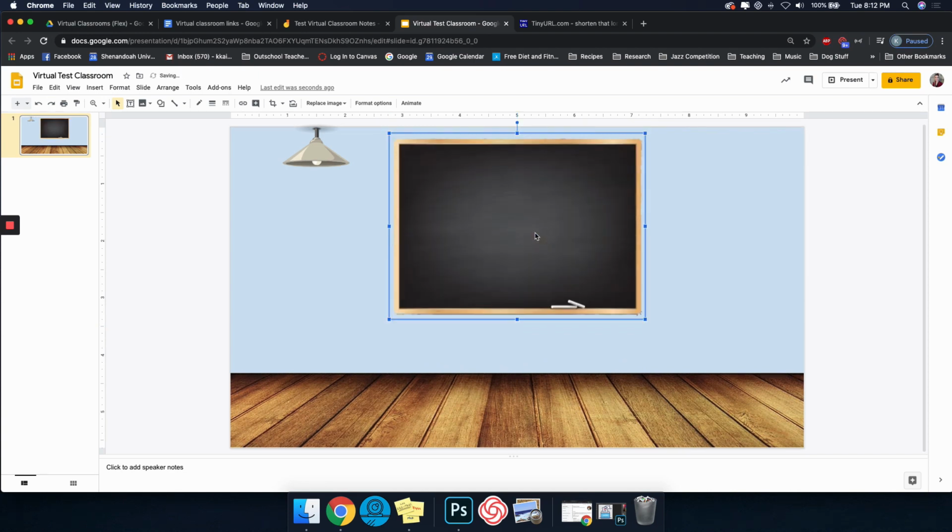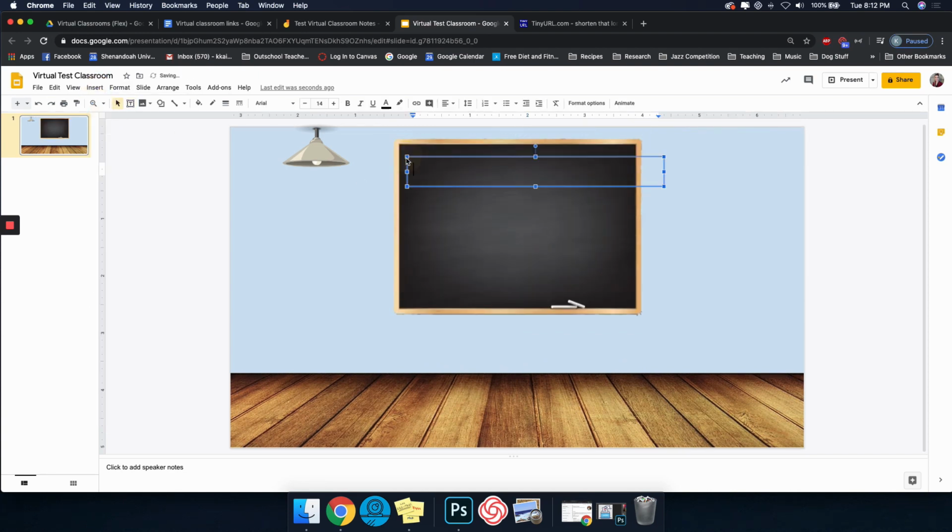Hello everyone, I wanted to give a quick tutorial about how to make a really cute and really fun, useful Bitmoji virtual classroom. So as far as the background is concerned here, I didn't show you where I found it,